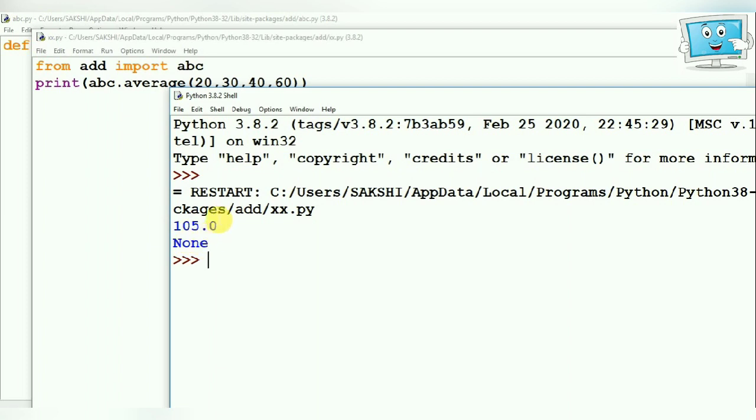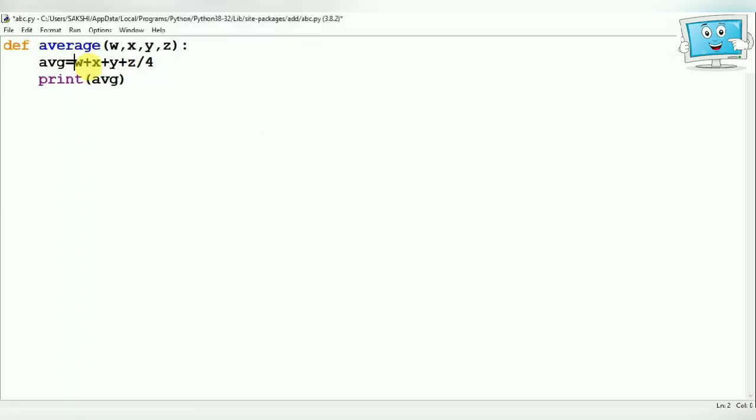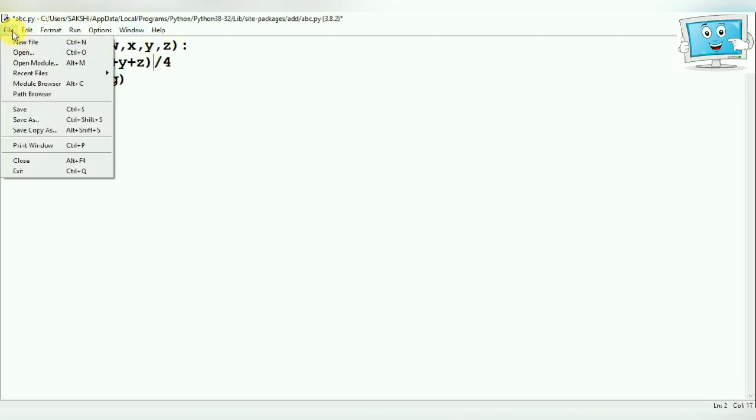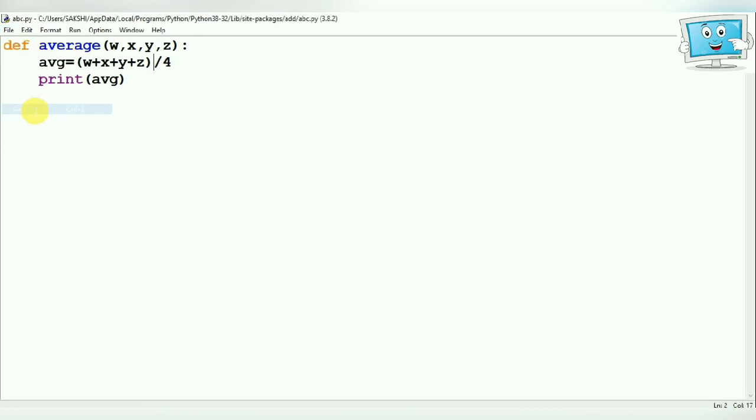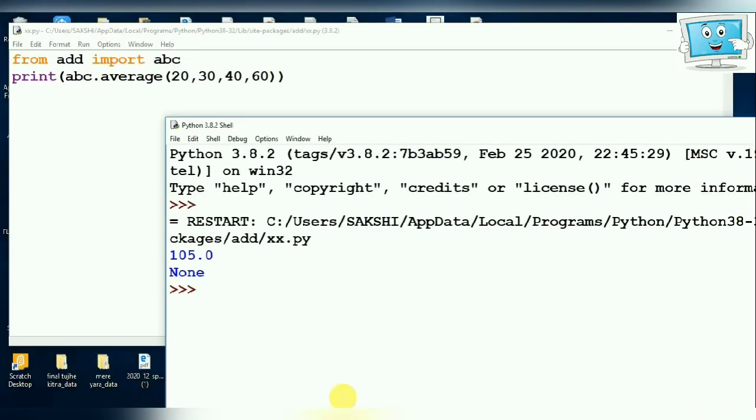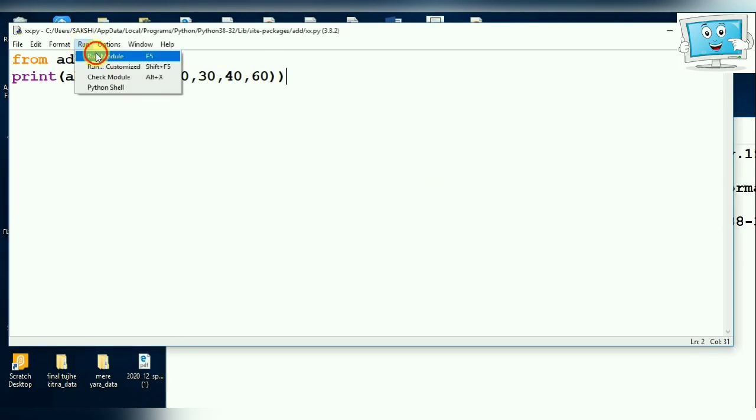So here we can see our output, that is 105.0 and None, but it is not the average of the 4 numbers. While writing the function body, we have not specified the parenthesis here. So in that case, first it will divide the value of z by 4 and then it will add w, x and y values. So here what we have to do is specify the parenthesis, save the file and then